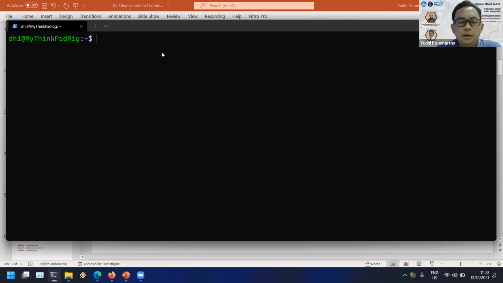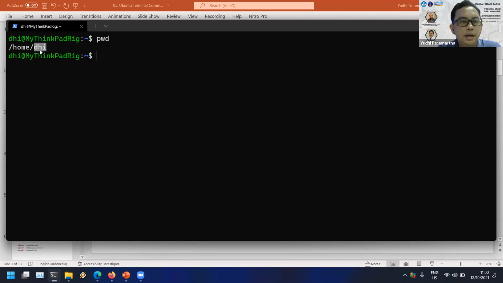The first command is called pwd. The pwd is the command to show you where the working directory that you are using now is. For example, when I type pwd and press enter, it will show the home directory and the D directory.